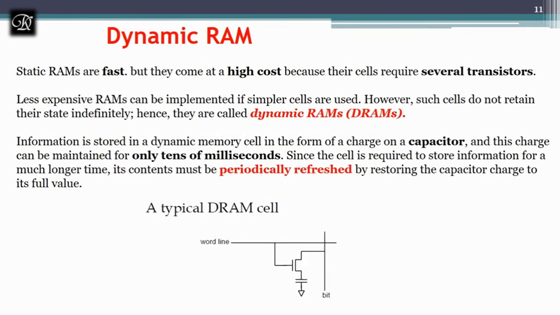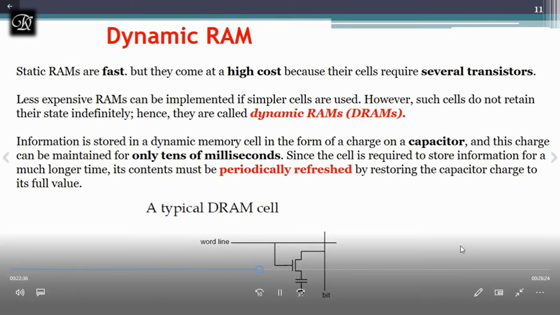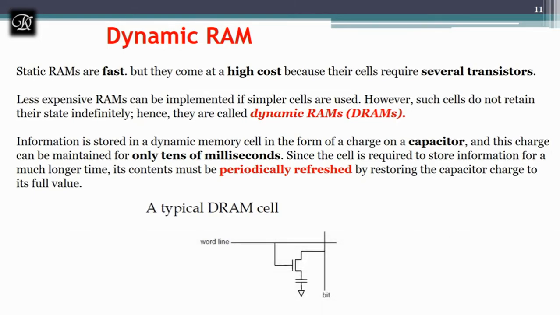The static RAM, what we have seen, is very fast, but it comes with a high transistor requirement. As we have seen, the regular static RAM can be built with the help of 2 transistors with a latch, and another one with a CMOS cell, which comes with 6 transistors. But these transistors make static RAM costlier, so we need a less expensive RAM. To do that, we need fewer transistors, which is supported by dynamic RAM.